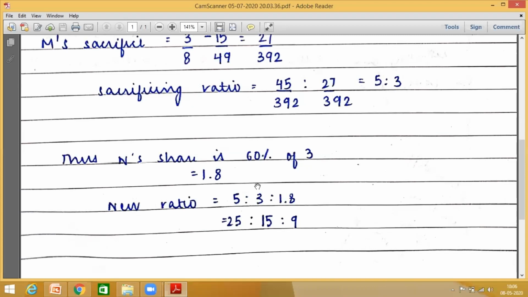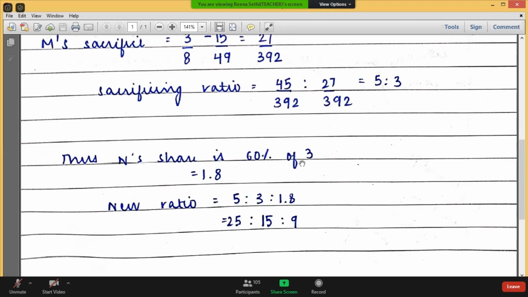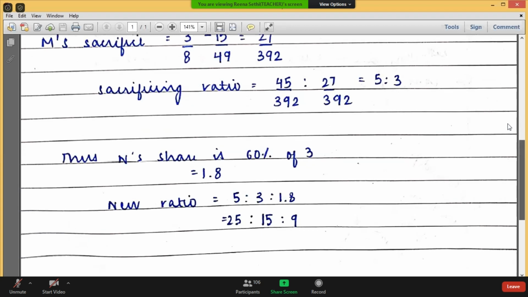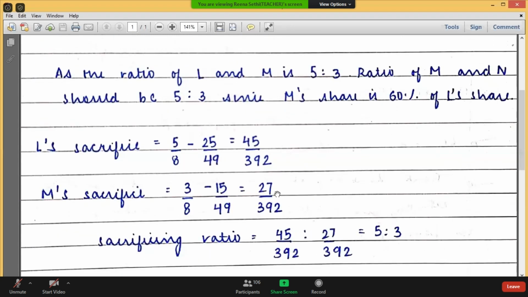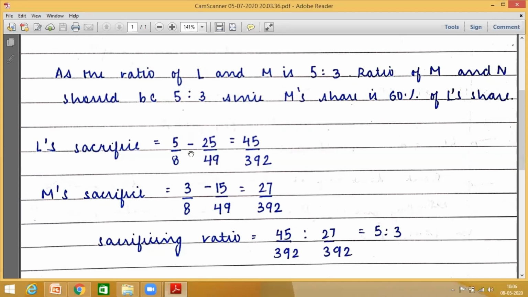So my new profit sharing ratio is 25:15:9. So we simply have to apply this, that 3 was 60% of 5, which was the earlier profit sharing ratio. And now 60% of 3 is 1.8. So the new profit sharing ratio is 5:3:1.8. Fine. So if I have found out the new profit sharing ratio, I can easily find out the sacrificing ratio. This is old ratio minus new ratio. So sacrificing ratio comes out to be